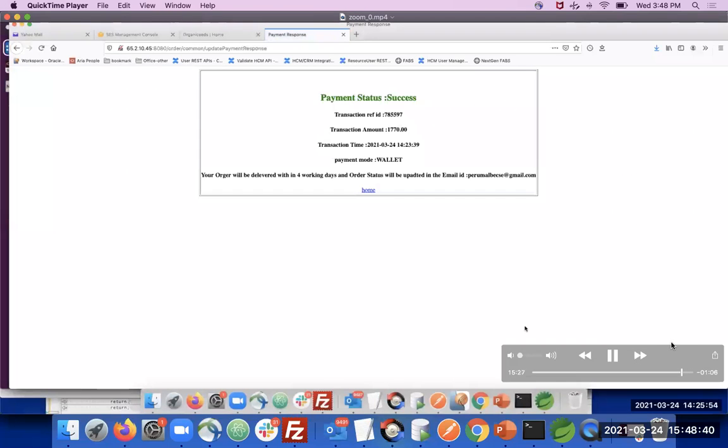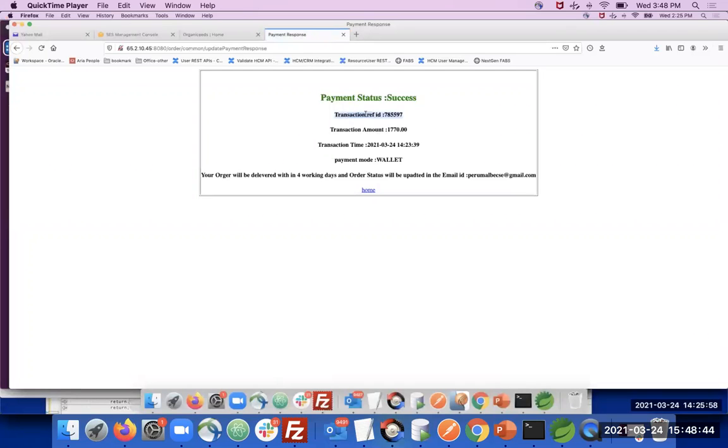Okay, payment got completed. We'll get the transaction reference ID, transaction amount, transaction time, and payment mode, which is wallet. We'll get all those order details in your mail, as well as by SMS. Order tracking details we'll send by SMS as well as email.